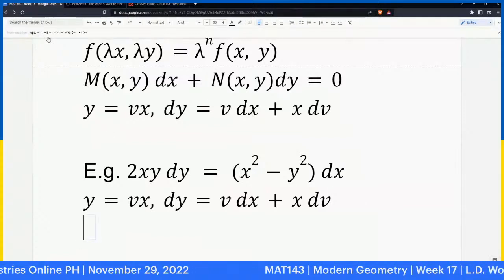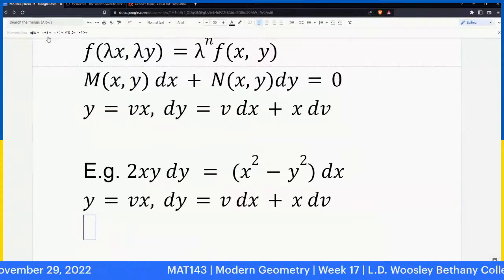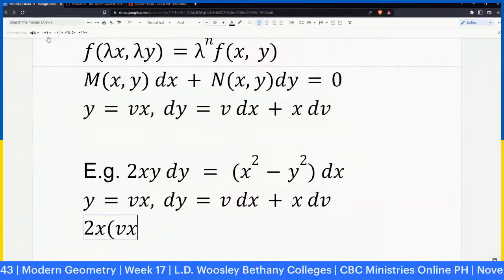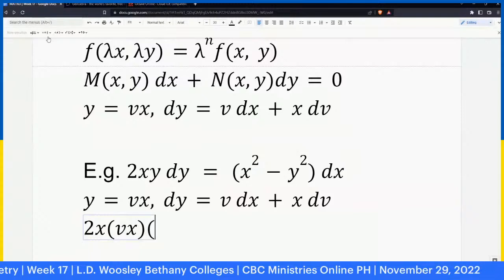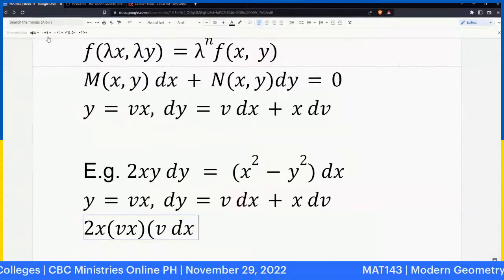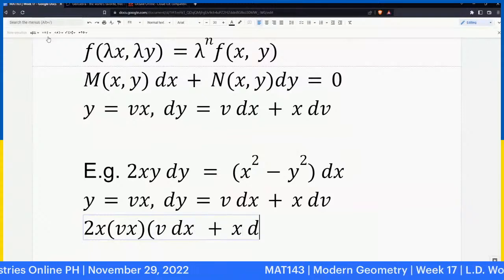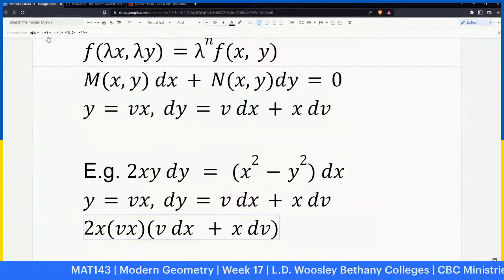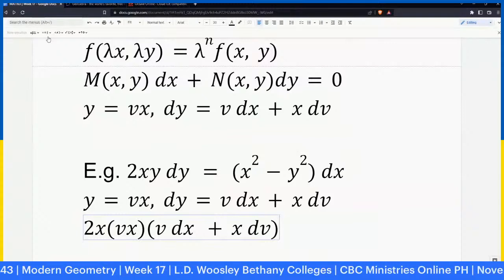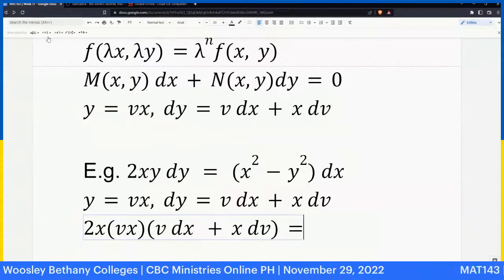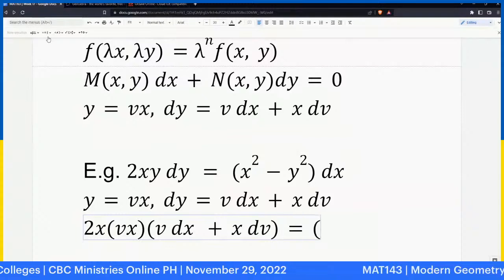So what will you have here? So what you will have is 2x y is equal to bx, and then your dy is equal to b dx plus x db, right? So that would be the case here, and of course that would be equal now to the x squared